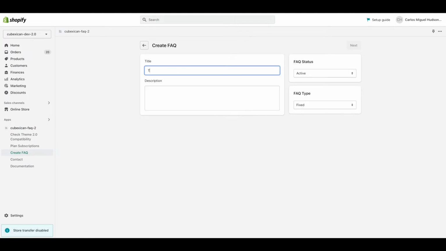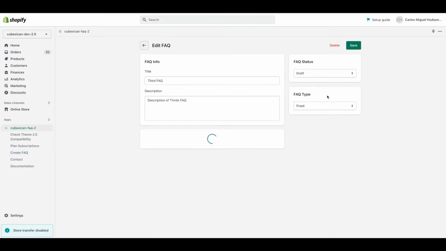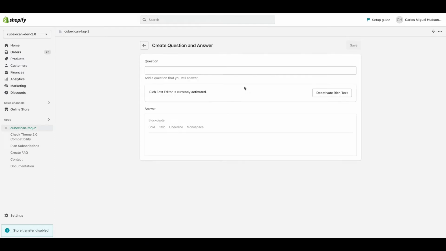So let's create the third FAQ, description of the third FAQ. And this one we are going to make it draft, so in that way you can see how a draft FAQ looks like. We click on next, and then we also create 2 questions for this one. For this one, let's use rich text. Yeah, it doesn't matter. First question,